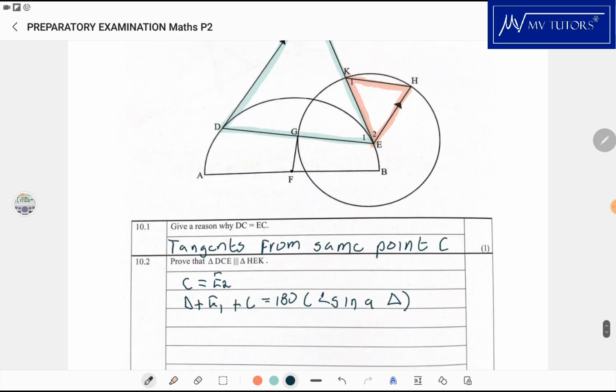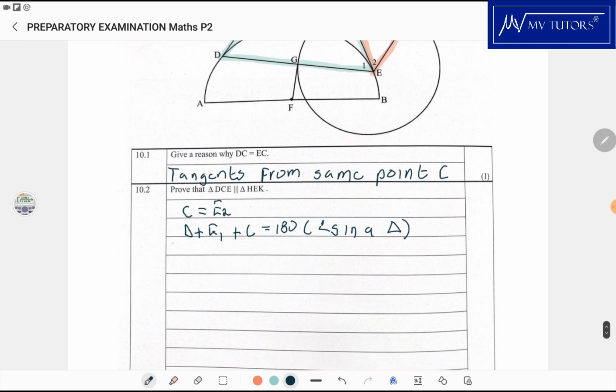So I'm just going to say, but D is equal to E1 because angles opposite equal sides,